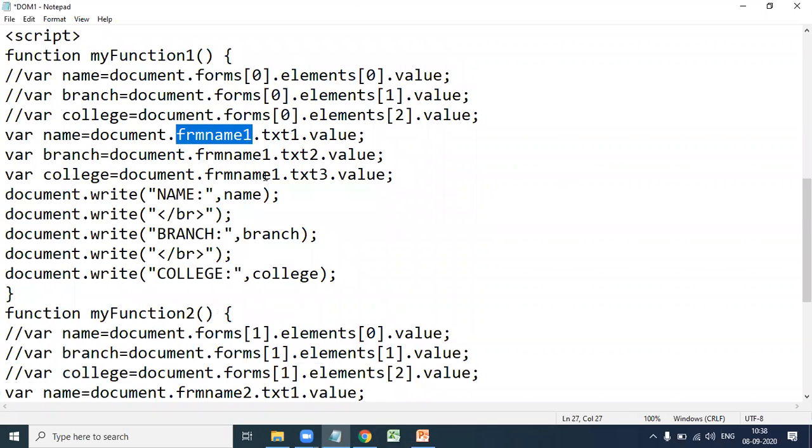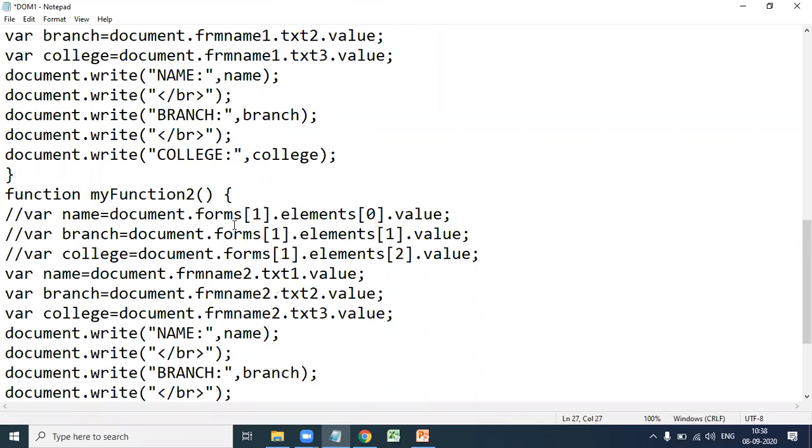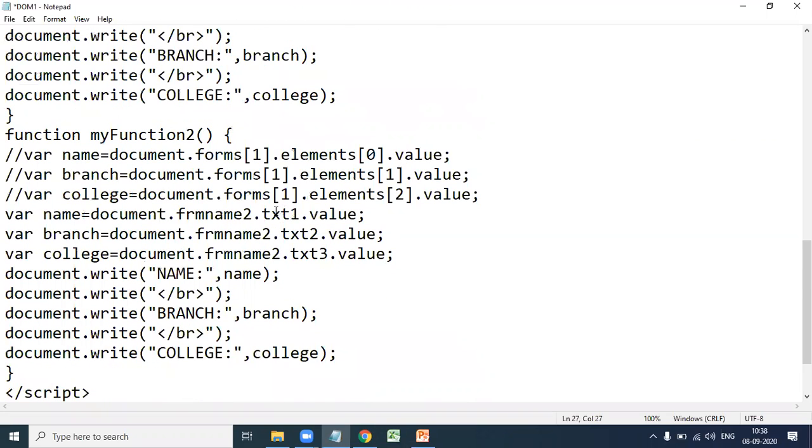The name of the form is FRM name 1, the name of the text box is txt3, dot value. Similarly, for the second form, FRM name 2 is the name of the form, txt1 is the name of the element in the form, dot value is the value in the element.